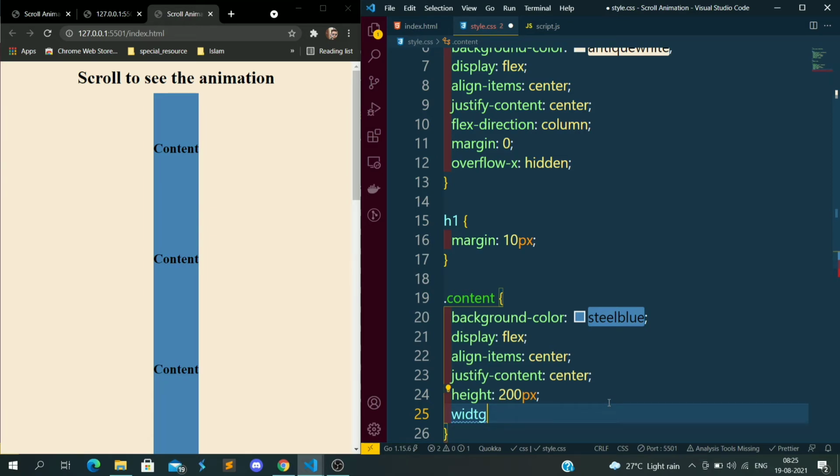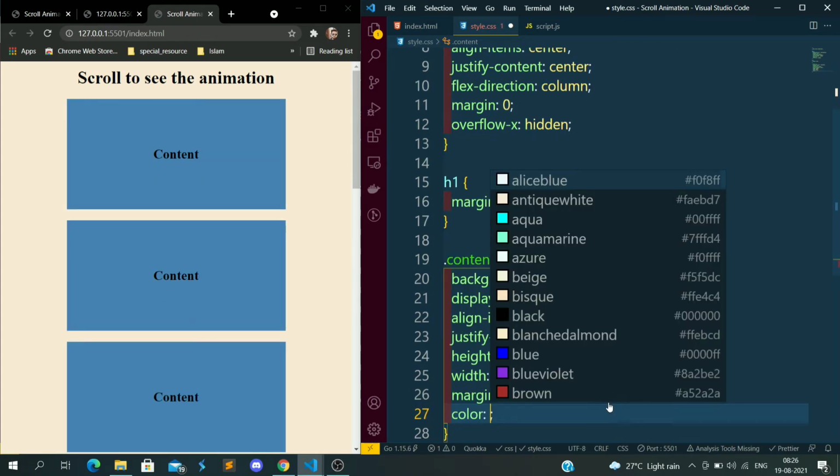Now I want to give margin, let's say 10 pixels. Now it's looking better. For color I want to use light blue. I also want to give some border radius.